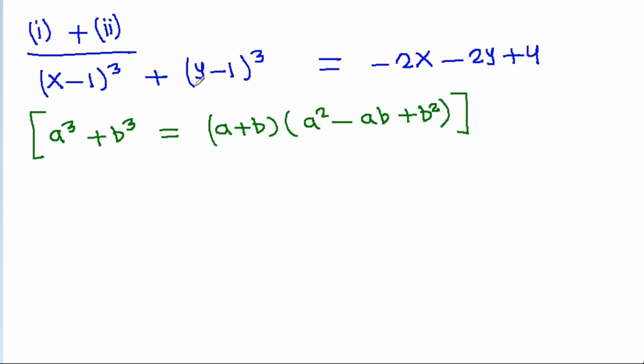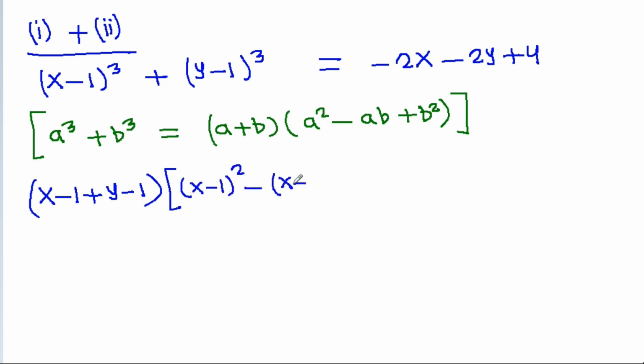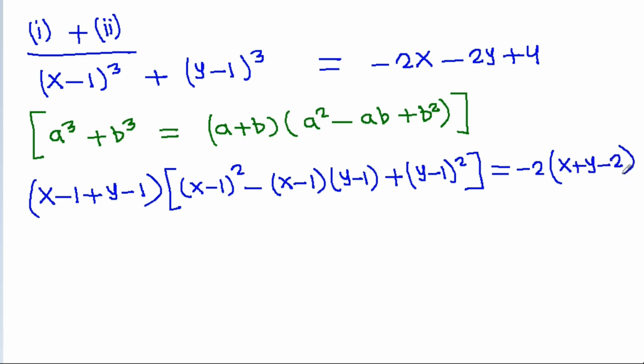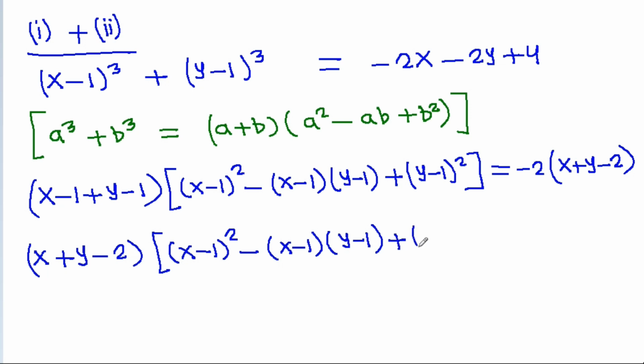So x minus 1 whole cube plus y minus 1 whole cube will be x minus 1 plus y minus 1 times x minus 1 whole square minus x minus 1 times y minus 1 plus y minus 1 whole square is equal to, and here we can take minus 2 common, and we will get x plus y minus 2, and it is x plus y, and minus 1 will be minus 2 times x minus 1 whole square minus x minus 1 times y minus 1 plus y minus 1 whole square plus 2 times x plus y minus 2 is equal to 0, and we can take x plus y minus 2 common,